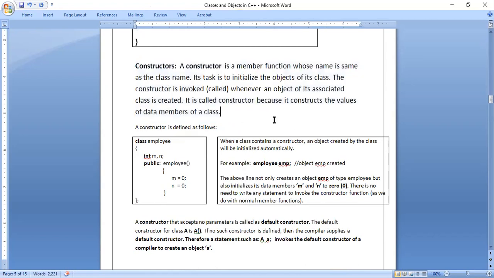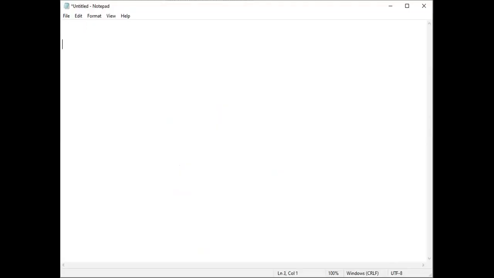Before I tell about constructors, let us recall the things we have learned about writing a class. First, write the class keyword, then the class name, then the opening brace. The curly bracket is called a brace. Then the data. If you want, you can write the private access specifier, and after writing private access, you can write the data. Or if you don't write private also, by default, for the first time, it is taken as private.